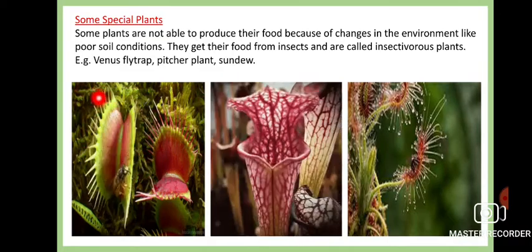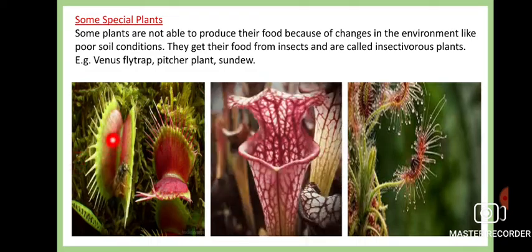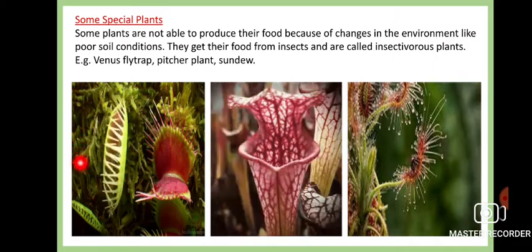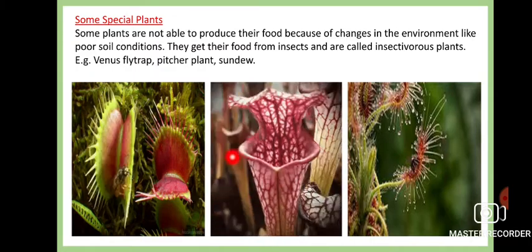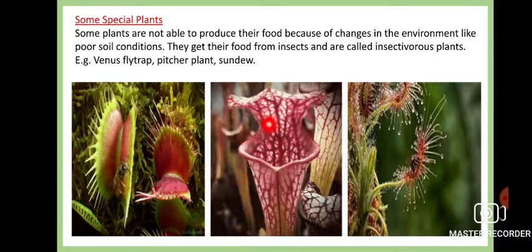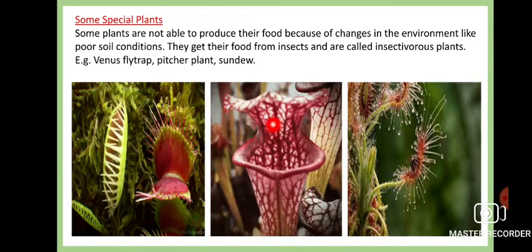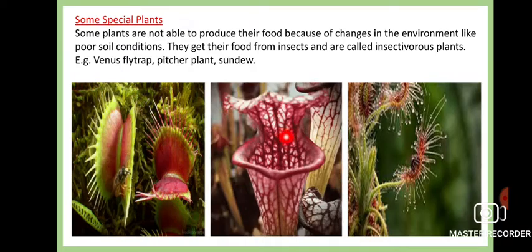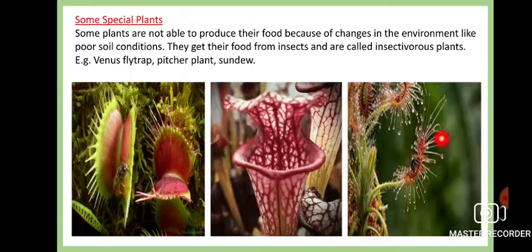This plant structure is like this. As the insect comes and sits on this leaf, the leaves close, and as a result they can engulf the insect. Here also you can see another plant. Its structure is like that of a pitcher. It is called the pitcher plant, where any insect sitting on the plant, with that touch, the flaps close and the insects come down. And this is also another type of insectivorous plant.